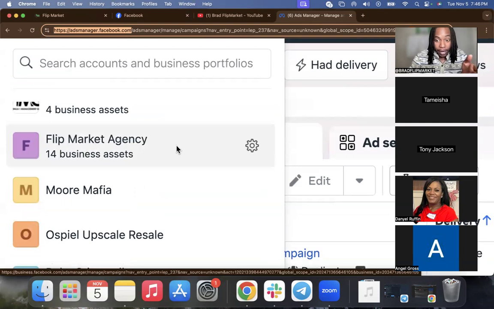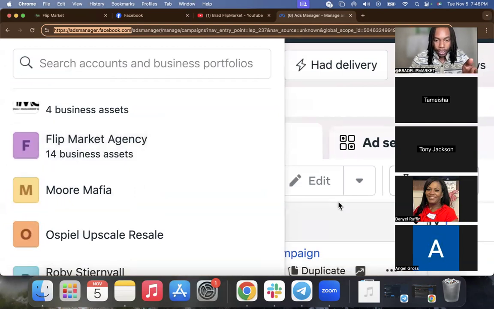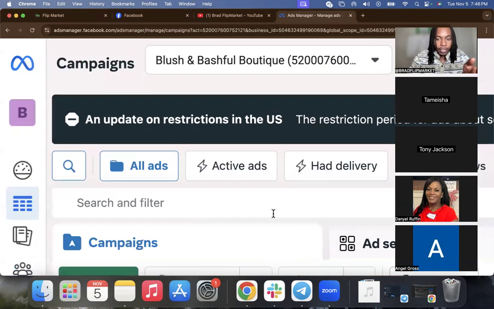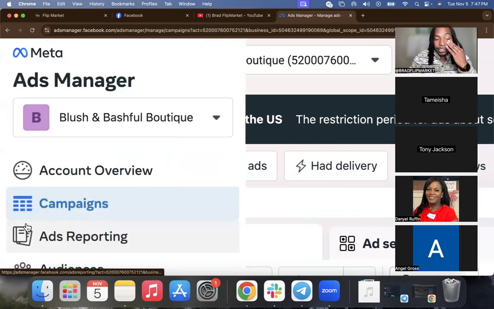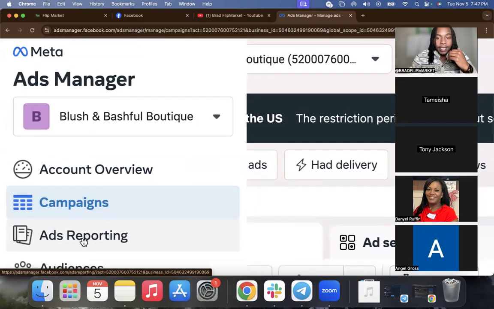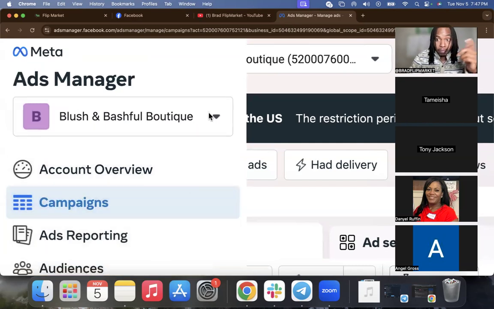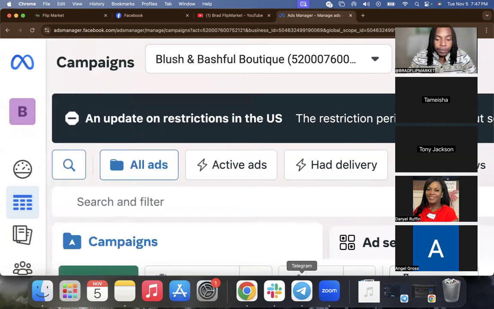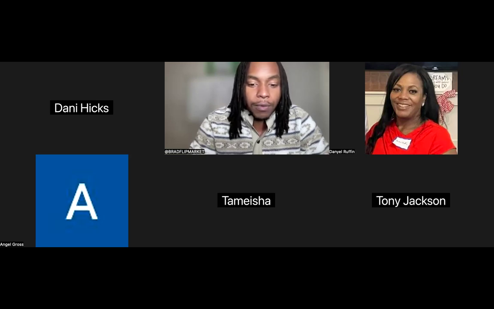Basically, when you get inside here, you get into the Facebook manager and you get to make the campaign. I'm trying not to show off all their stuff, you know. But basically, this is where you get to make the ads and create audiences and all of that. Okay. And like I said, I'll go more in depth on that another day, because that's not what's really important right now until somebody's ready to do that.